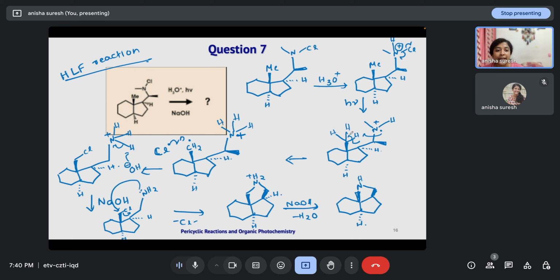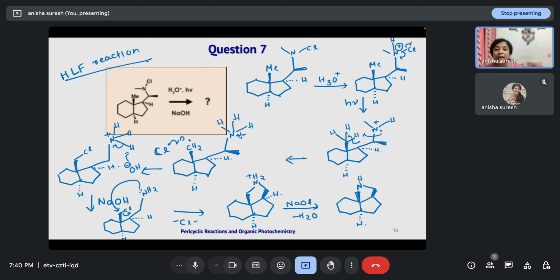Then this cationic radical will abstract this proton present on this methyl group, that is at the alpha, beta, gamma, delta proton will be abstracted, leading to formation of the CH2 radical and this tertiary butyl ammonium, sorry,